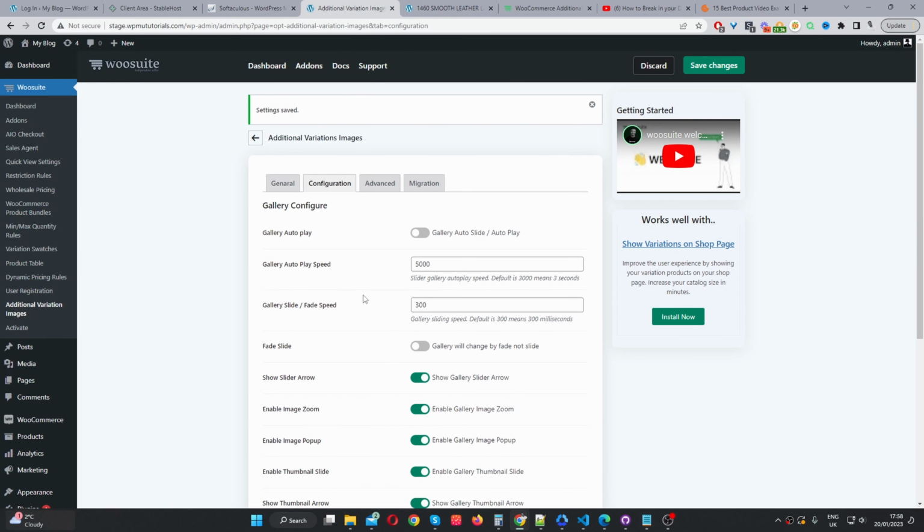So that's just a quick overview of a few settings you might want to configure. Again, you can go through our docs and customize every individual setting if you like, but straight out of the box, most of the settings are what you'd probably want to have on your store anyway. Okay, so with that out of the way, let's have a look at how you can add a YouTube video to